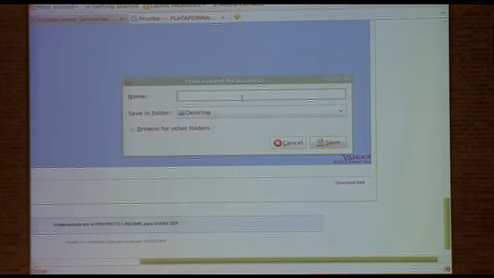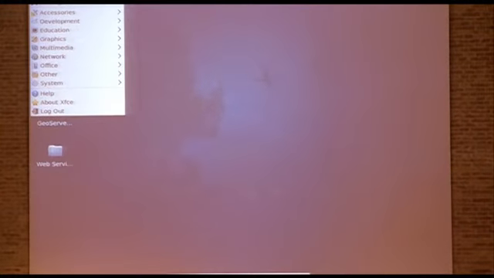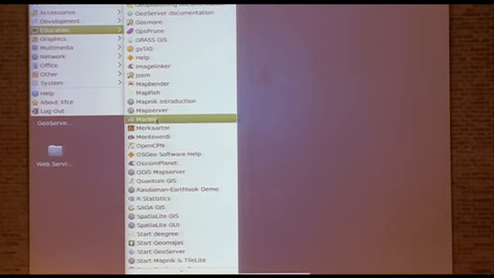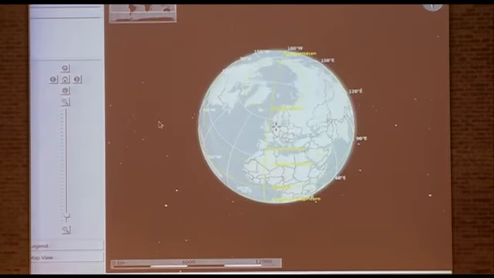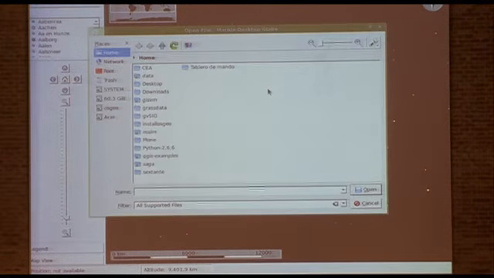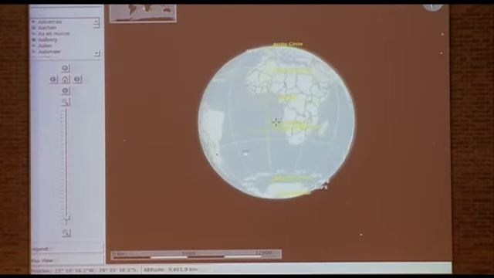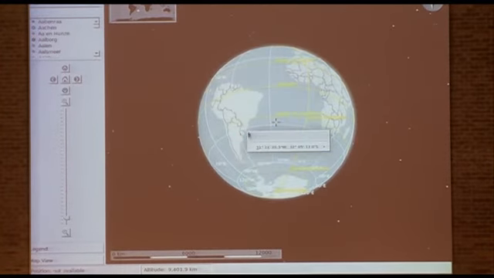We will save it on our desktop. We will call it jornada.kml, and it is available to be used for any other application. For example, let's have a look at the application that we have at hand. We choose one, we go to File, we open it, we find the file jornada.kml, and you see immediately